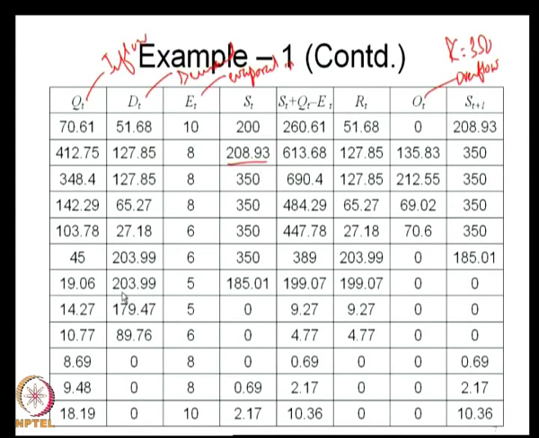Let us say demand is 203, but you have only 199.07. So, you release 199.07. Now, you have only 9.27, whereas the demand was 179, you release only 9.27, and therefore, there is a huge mismatch here that occurs. In standard operating policy, there is no way you can project.